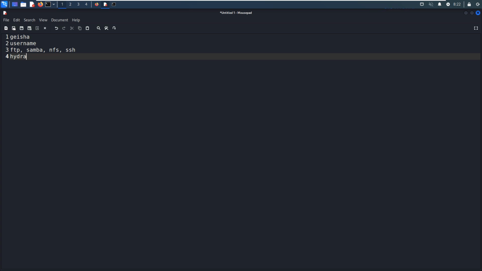And I think we should start from the SSH service. And if we cannot make a successful attack on the SSH service in a specified time, for example 30 minutes or 50 minutes, then we can turn to services like FTP or Samba or NFS. Of course, this is my methodology, okay?